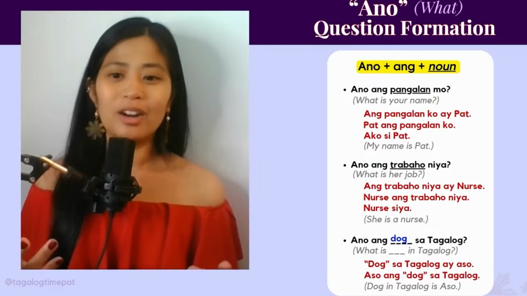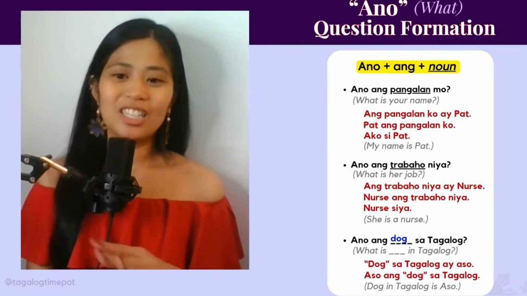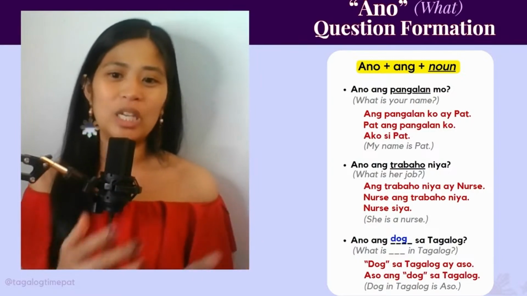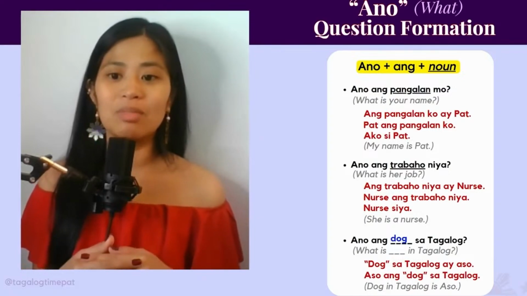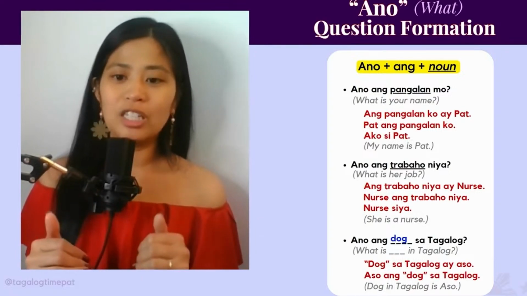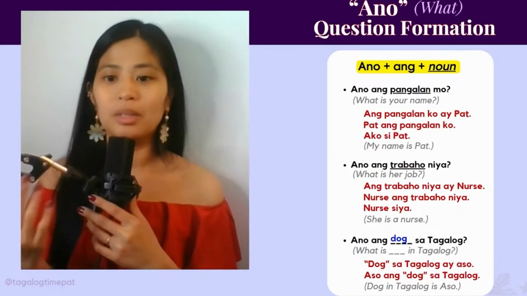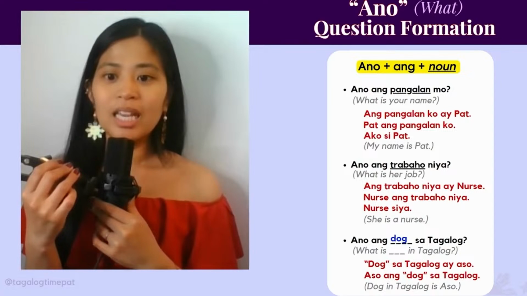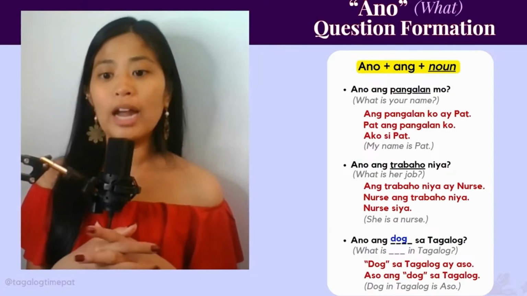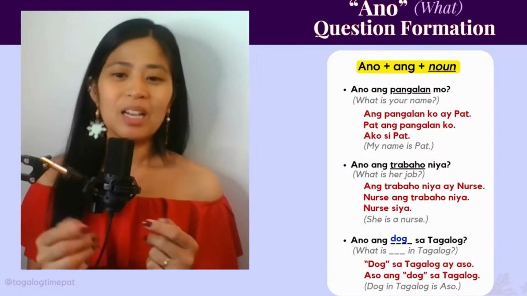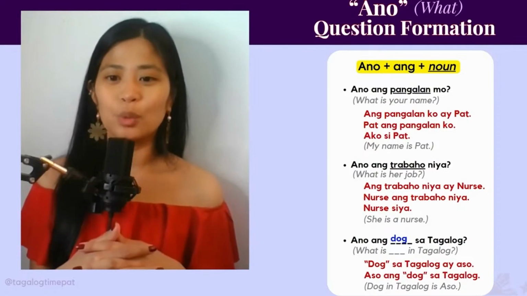So you might be wondering, why are there so many different ways to respond? And I think it's just, a lot of languages have that. It's like you can move around some of the words, change up the grammar a little bit, and it means the same thing, but there are certain phrases or certain ways that things are more used in common conversation. In this case, I think aso ang dog sa Tagalog is a little bit more casual.